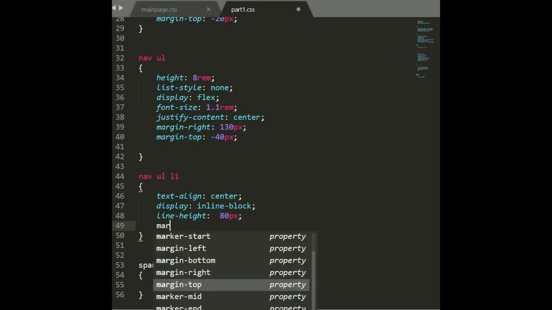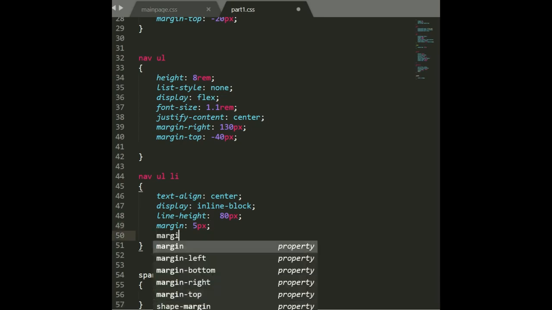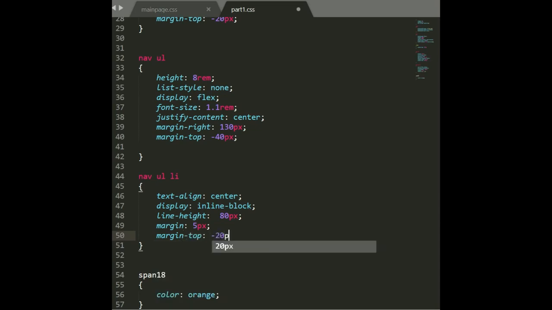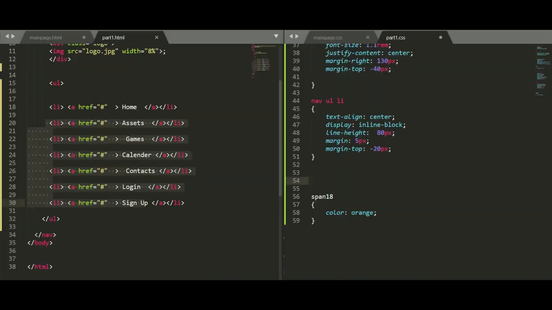The margin should be set to 5 px. And last but not least is the margin top, which let's say -20. Now let's save and check it. As you can see, there's a space between each hyperlink, and now we need to change its color and font size, etc. For setting the properties of each hyperlink, we change the unordered list and the hyperlinks in it,